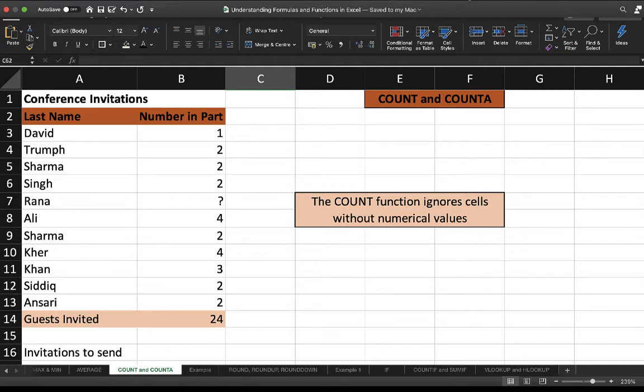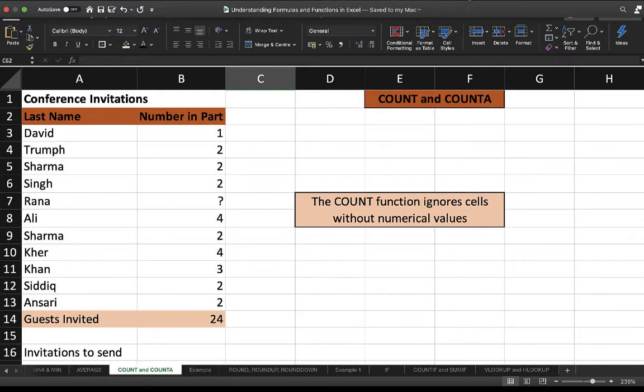In my previous video, I discussed some of the important functions used in Excel that help in our financial modeling. Now, continuing with the same, I'll take some other important functions in this video. So first I'll start with the COUNT and COUNTA functions. First I'll show you how to use the COUNT function and then I'll move to the COUNTA function.